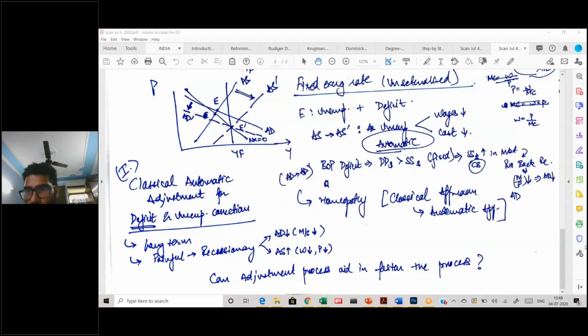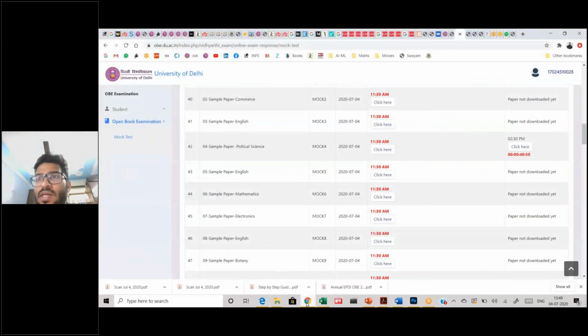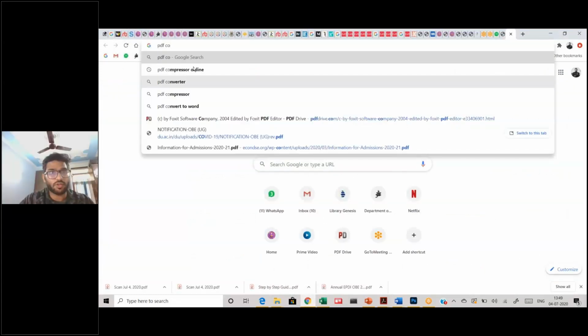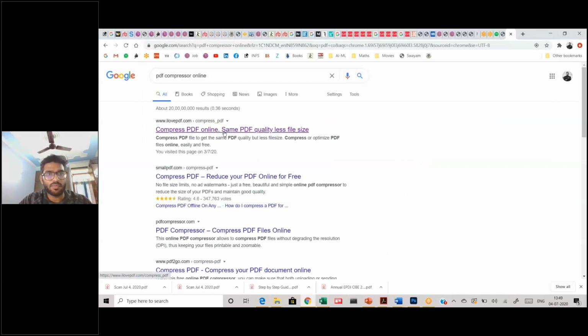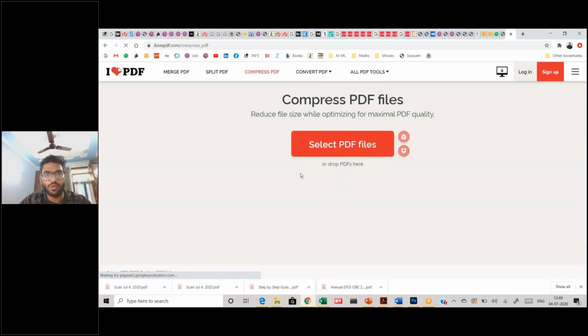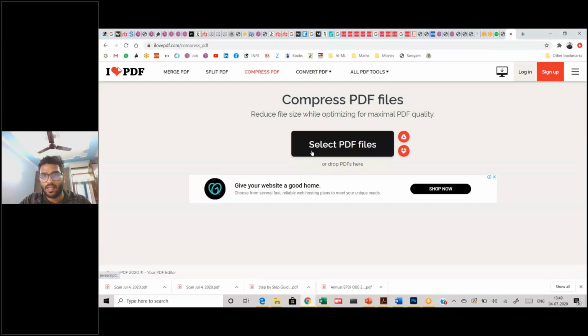Then what other site or software can be used instead of Adobe? Instead of Adobe, I just checked, there is a software, I Love PDF. I think I Love PDF also does it. So there are a number of compression websites. Compression online. So you have this particular website. All you need to do is select the PDF, and then you can download the PDF in a compressed form.